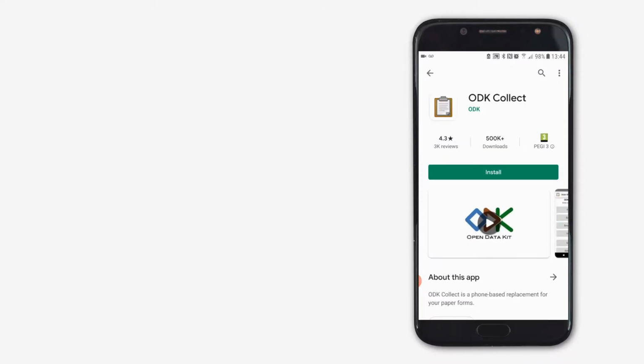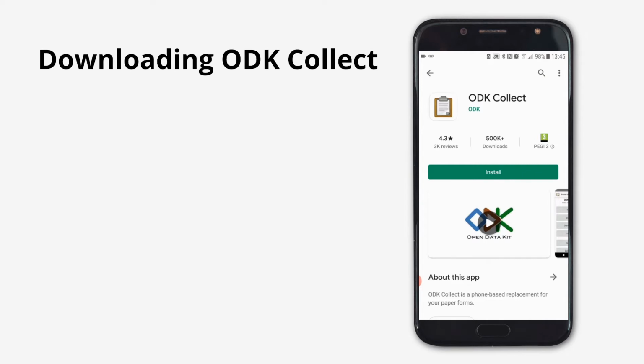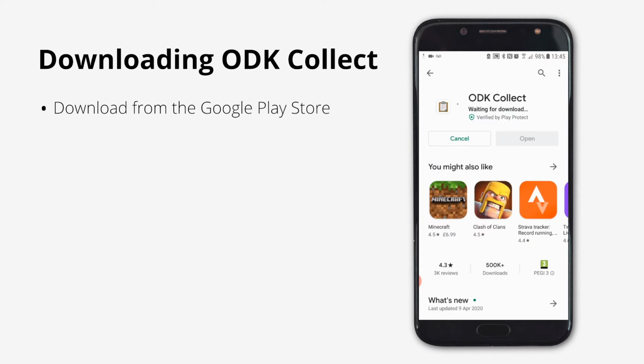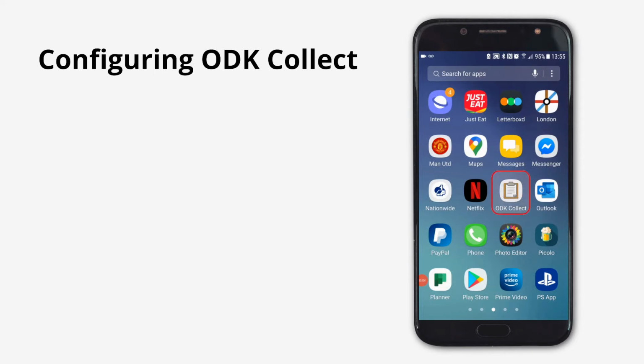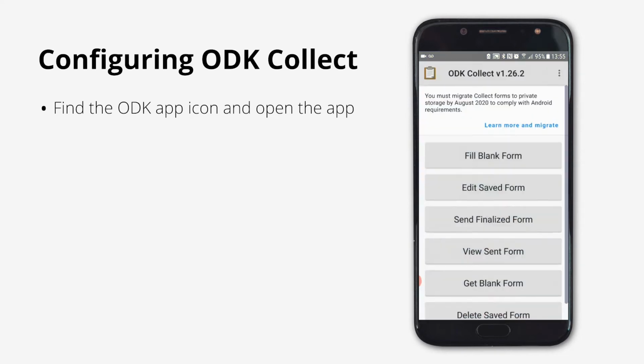During different parts of this presentation, I'm going to cast my phone screen to you so that you can follow along a little bit more clearly and easily. Here we have the ODK Collect page on the Google Play Store, from which you'll be able to download to your device ready for data collection. Once you have installed ODK Collect, you will see an icon like this appear somewhere on your device. If you open up ODK Collect, you'll be presented with the main menu screen, which will appear something like this with the version number up at the top there.